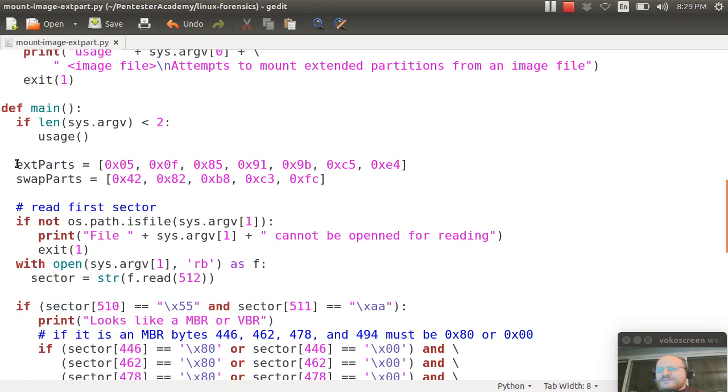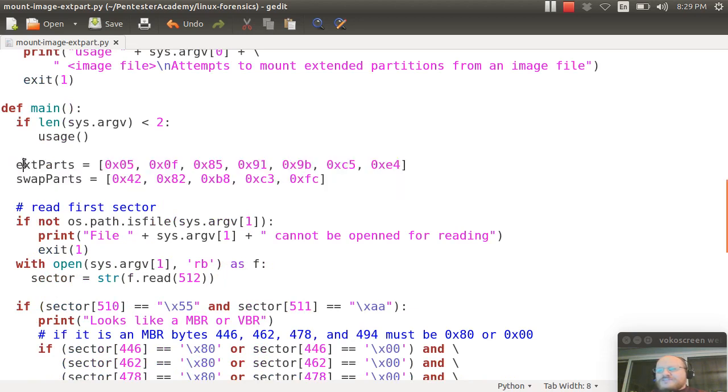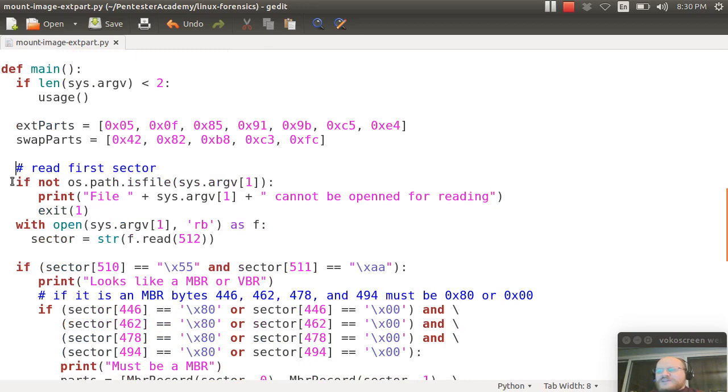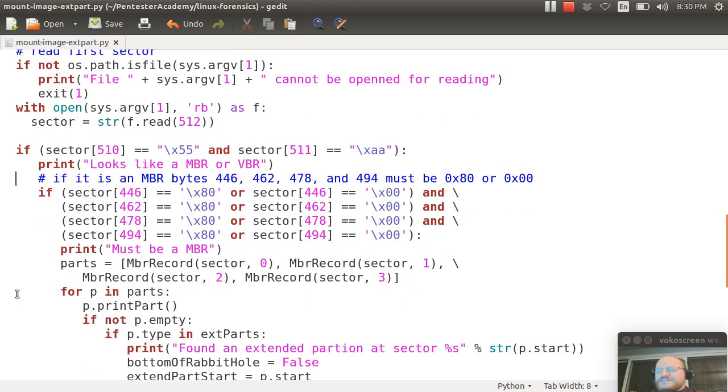And here in my main method, I've defined two lists. I have a list of extended partition types and a list of swap partition types, because you normally don't want to try to mount a swap partition. So we need to detect that and just skip over it if we have an extended partition that happens to be a swap space. So as before, I read in that first sector, that MBR, and I iterate over it